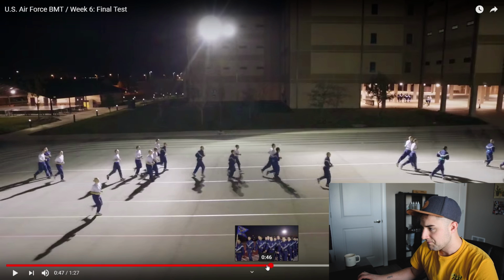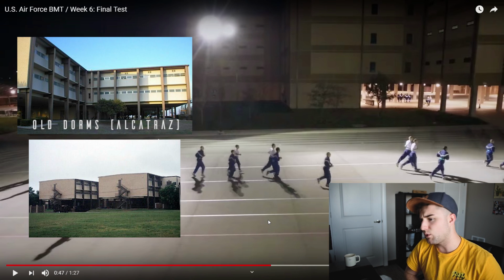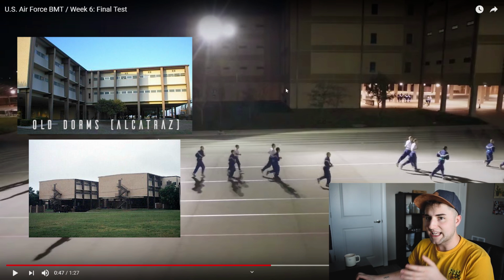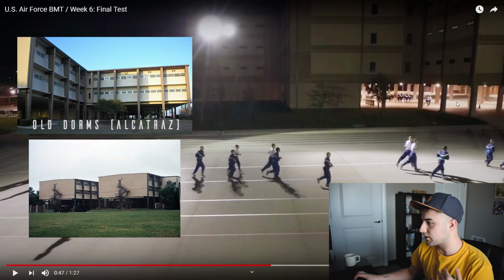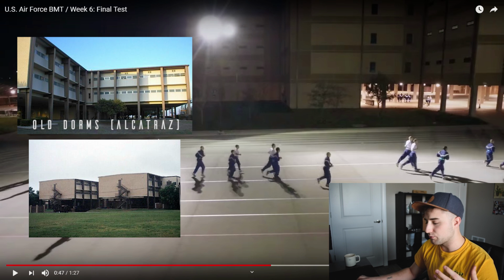And I'm going to click back through it, but let's go through here. So for the people who are always asking, like, what is Disneyland? Like, what is Alcatraz? This right here is Disneyland. These buildings are like 3 stories, they're huge, they have these huge underhangs, they have a really nice running